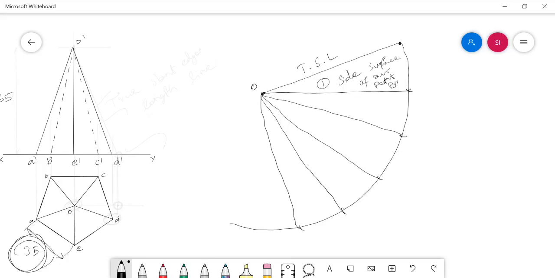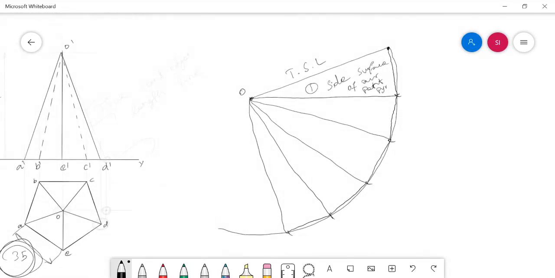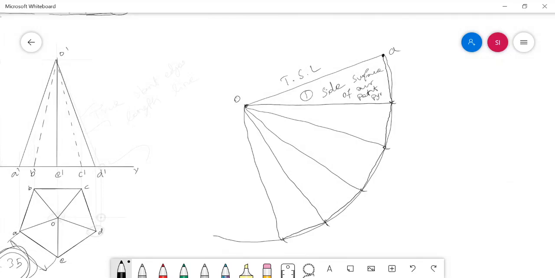And then I have to connect the base corners with straight lines, because it is a polyhedron, so the base edges will be straight lines. I need to connect the cut points with the base corners with straight lines, and I can give names for that, starting from A, B, C, D, E and ending with A, just like our parallel line method problem.